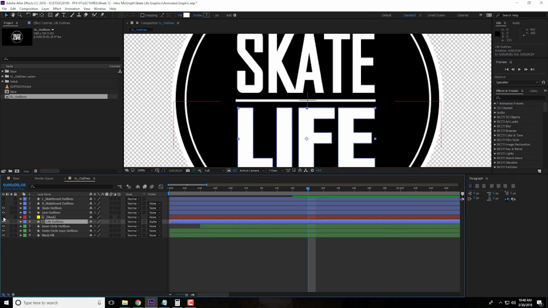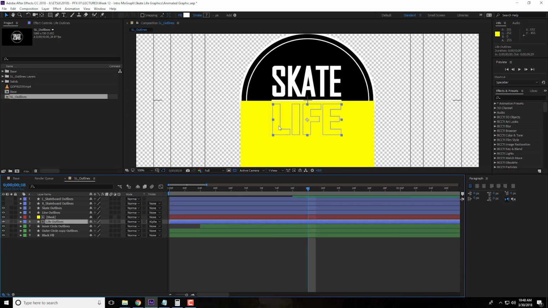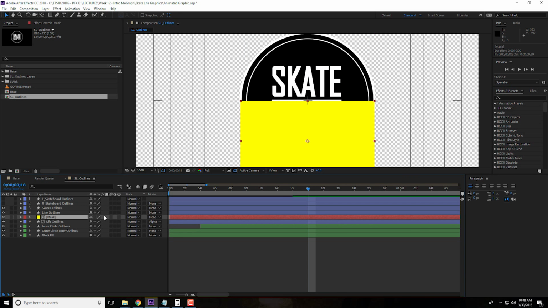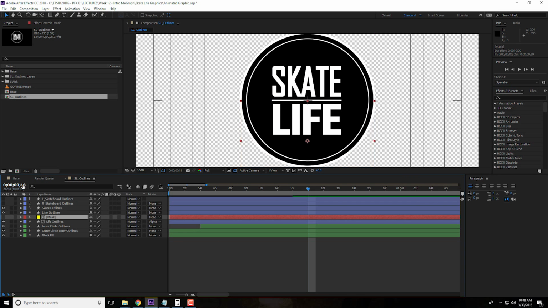Basically what that's going to do, where this mask is the life is going to be visible, but as soon as it moves outside of this, because it has this mask controlling it, it's going to disappear. So turn this guy off. Now I'm going to jump over here to about 1 second and 4 frames. So I'm going to go 1 second 4 frames to 1 second 12 frames. Actually, let's go ahead and jump to 112. So at this point,